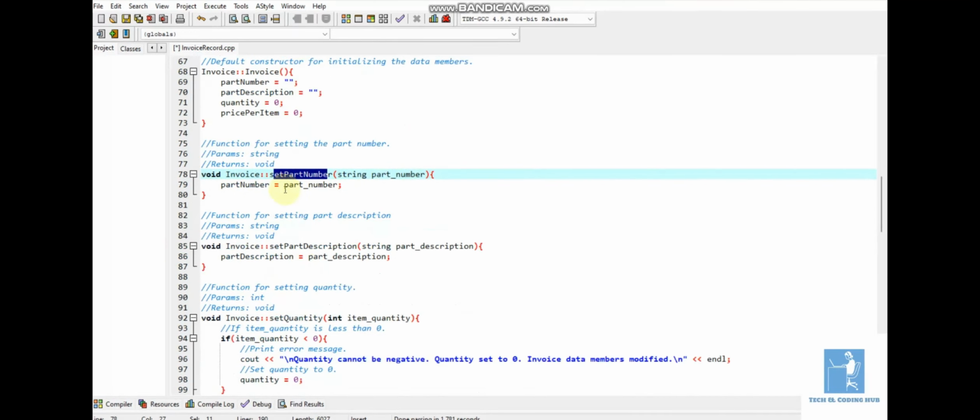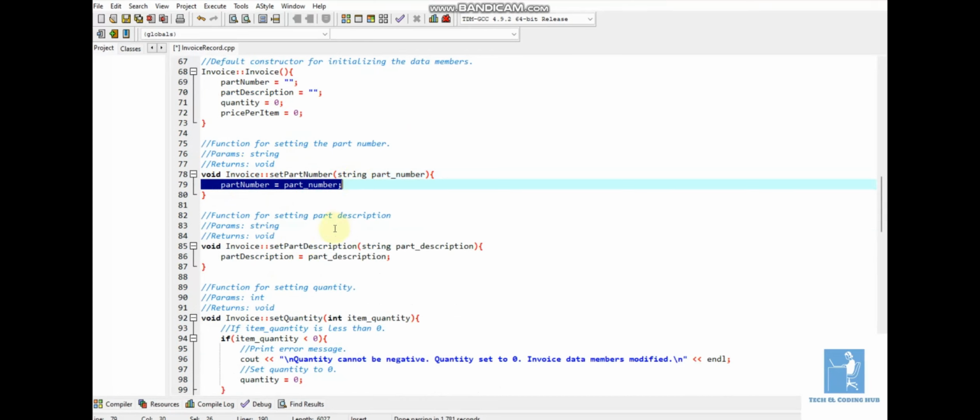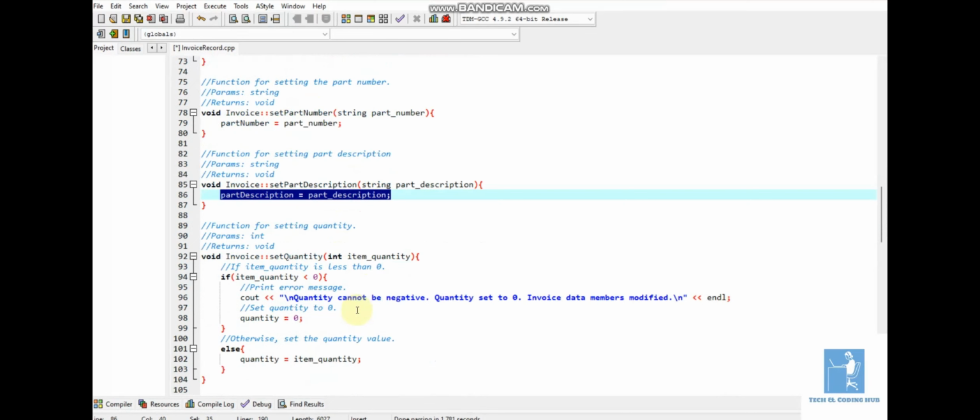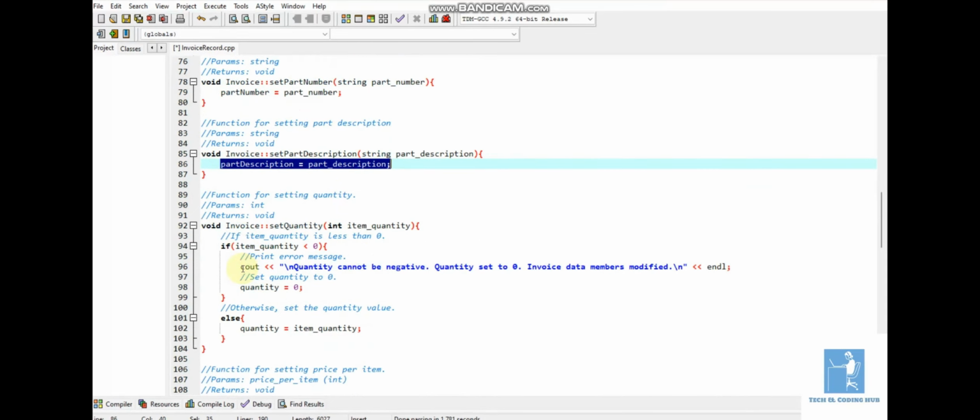Now we move on to the setters. Now we're setting here the part number. Now here we set the part description. Here we set the quantity. As I said earlier,